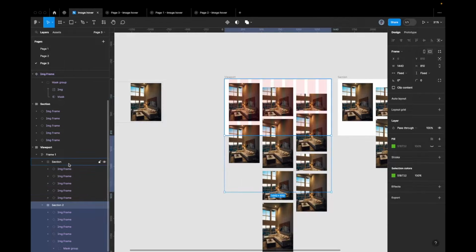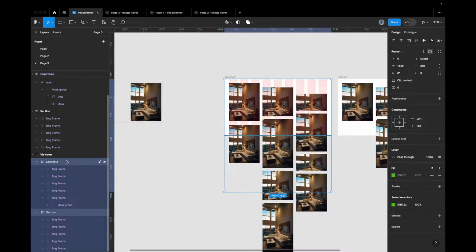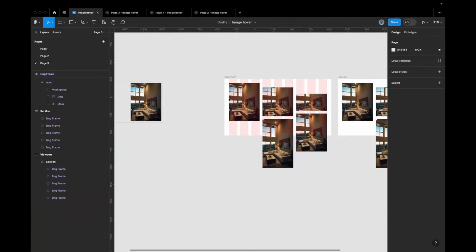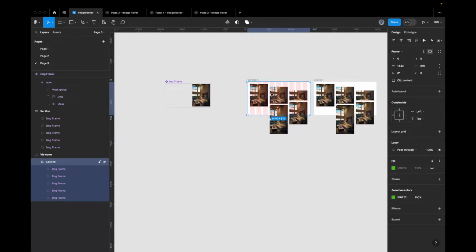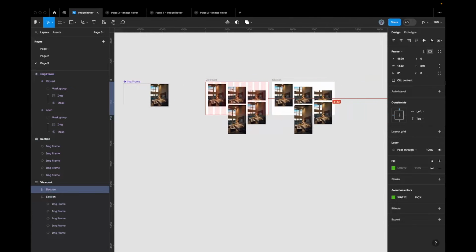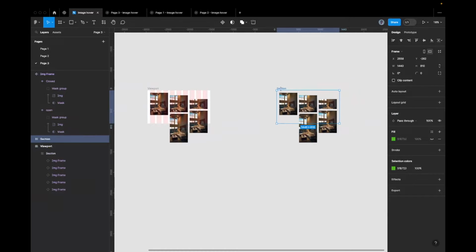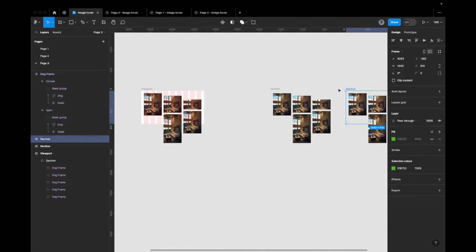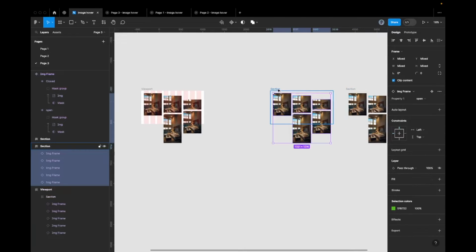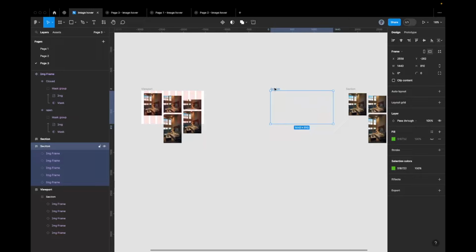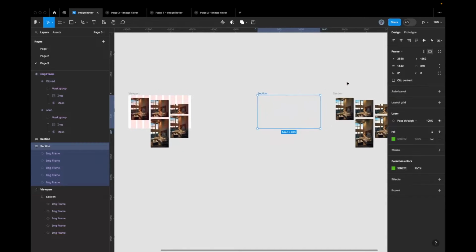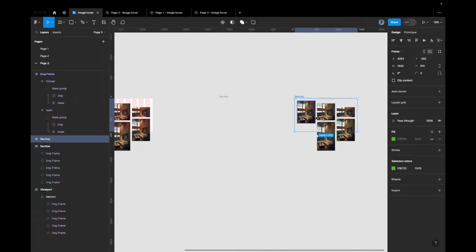So let's just go back to base on group, and go back to dealing with one section instead. So delete section 2, and then I'm going to take section 1 and duplicate it. I'm going to duplicate again, because I deleted the old one. So I'm just going to click on the section and then click enter, select all the image frame components there, and then switch their state to close. So like this, I have a section where all the images inside of it are closed. So I have another section where the same images inside of there are open, and the images already have